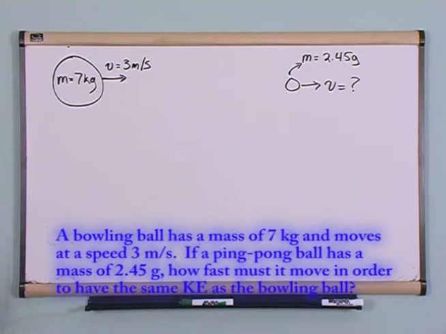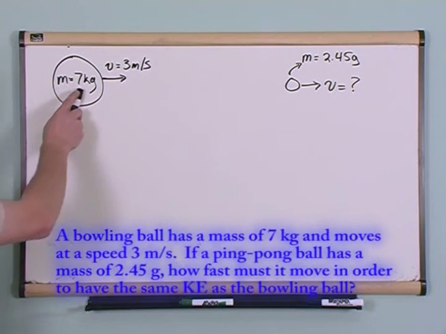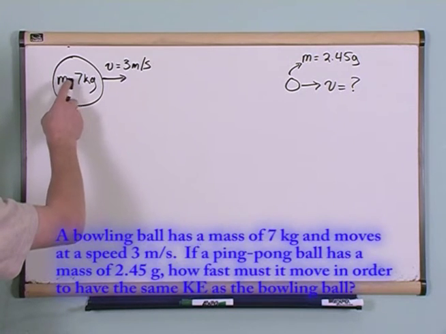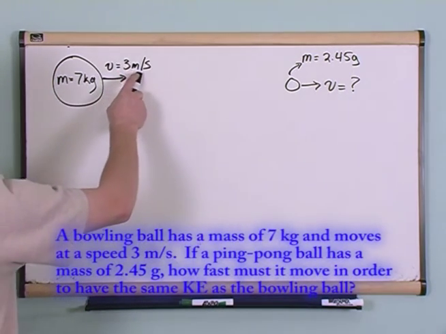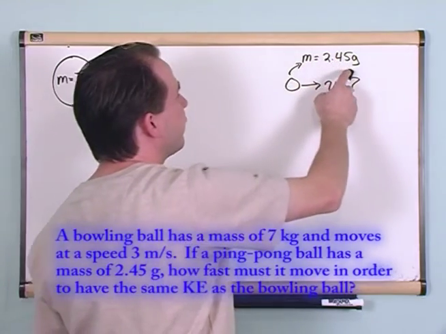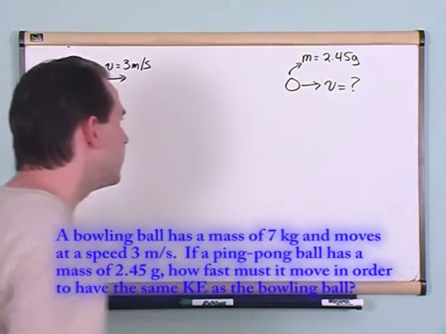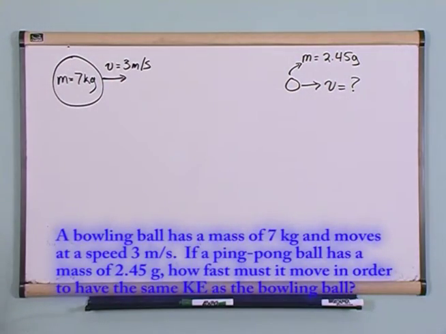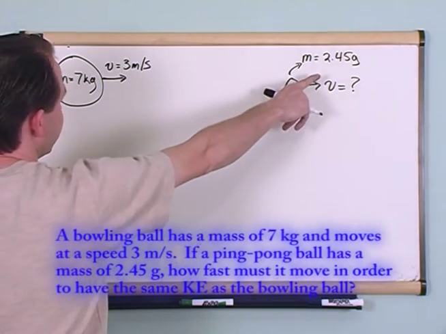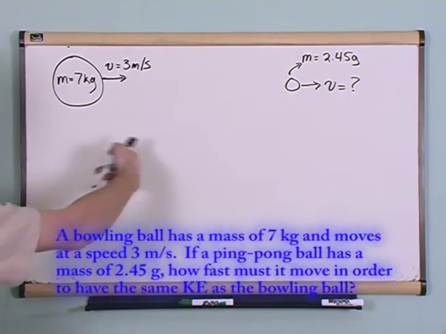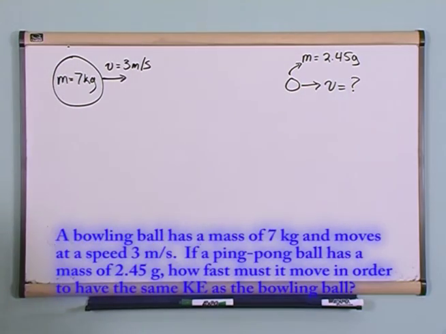First thing I want you to see right away, they give you kilograms here, which is a good unit, the unit that we always deal with. Meters per second here, which is fine. Here, they try to trick you, or I tried to trick you, with a mass in grams. So right away, you're going to have some problems because eventually you're going to have to convert that to kilograms if you're going to use the formula that we have, 1/2 mv squared. You have to have consistent units. But before we get there, let's